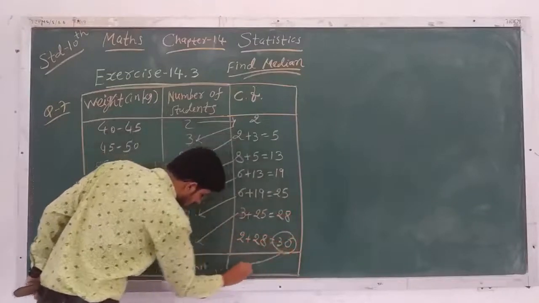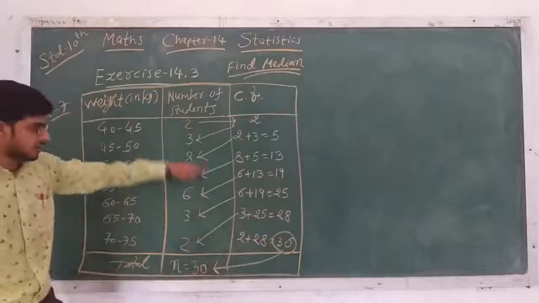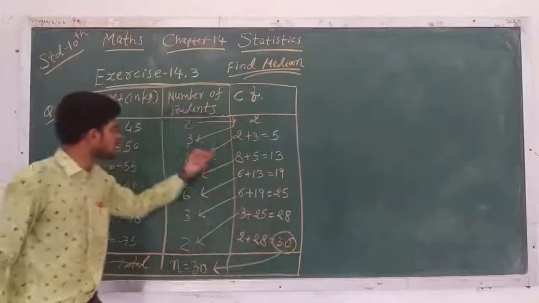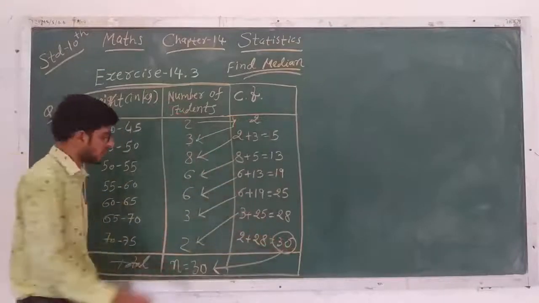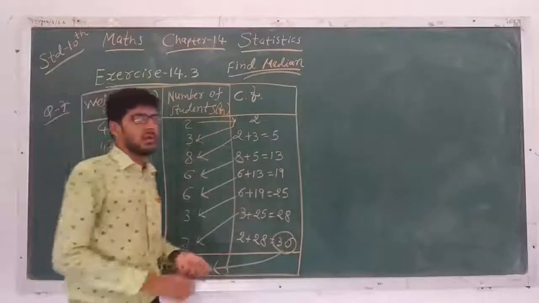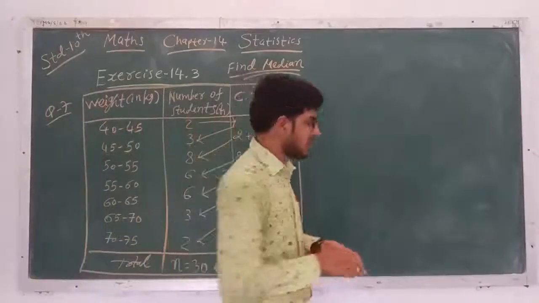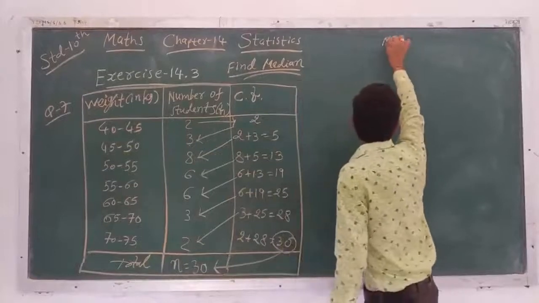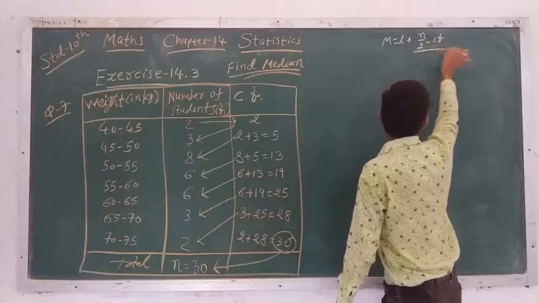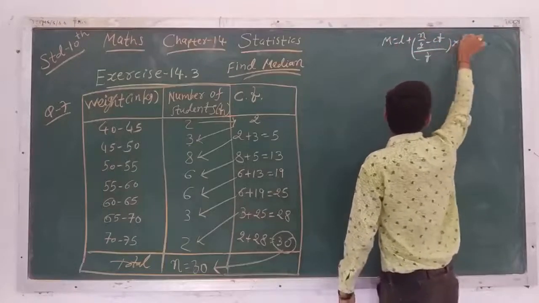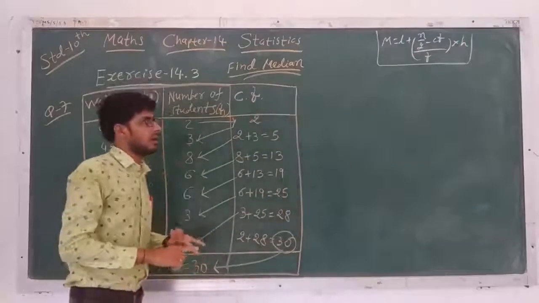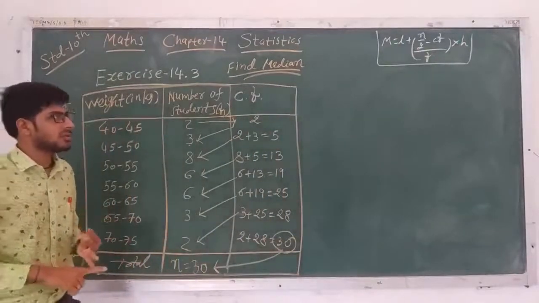So it gives the value of n. You have to check, recheck. Here the final answer is 30, as well as the value of n is 30. It is called Fi. Okay. What is the formula for finding median in grouped data? So we can write here: median is equal to L plus (n by 2 minus CF) divided by f, multiplied by h. So we have to find out the frequency, lower limit, cumulative frequency and class length.